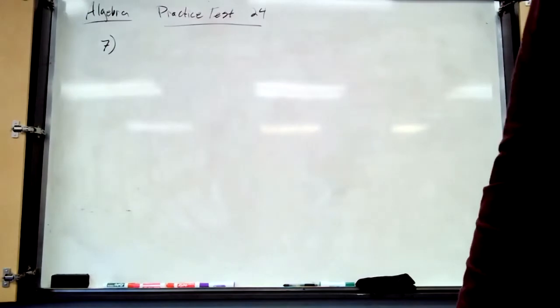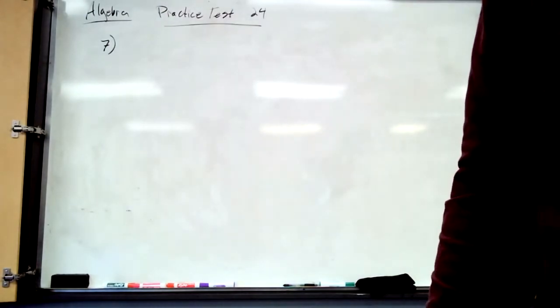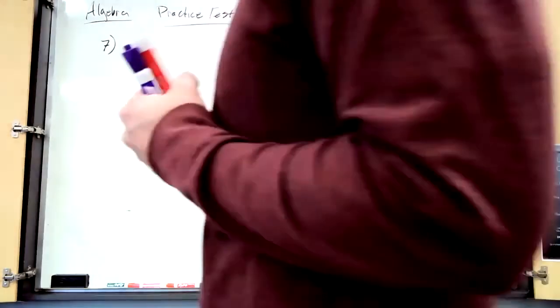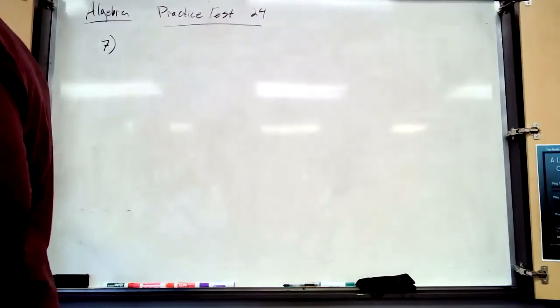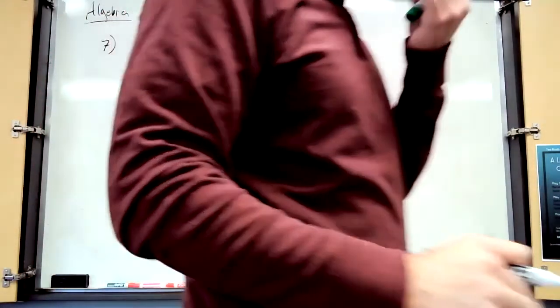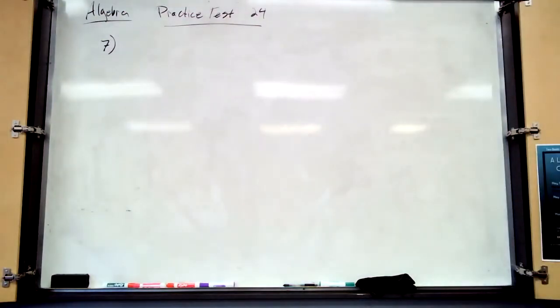Yeah. All right, number 7, given our 5 functions. So we have to match these with what you think they are. Okay, so you remember when we talked about this, you don't need to know how to graph it. You just need to know how to recognize what kind of graph it is. Okay? So,